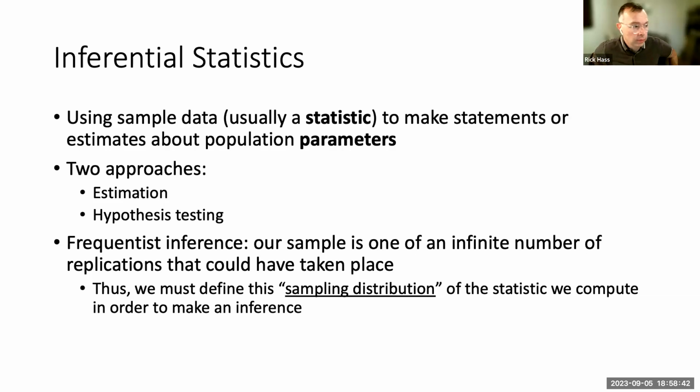One very, very important point to note is that there are different types of statistical inferences. We are learning the most common, what we call classical inference, frequentist inference. And the idea here is we view probability, and so our sample, as being one of an infinite number of replications that could have taken place. So we define probability of our findings, because that's going to be something we're interested in for hypothesis testing. What's the probability that we would find